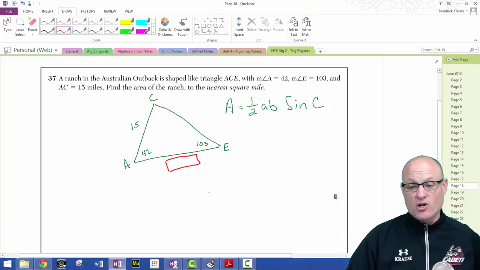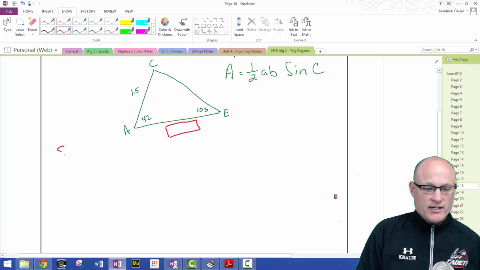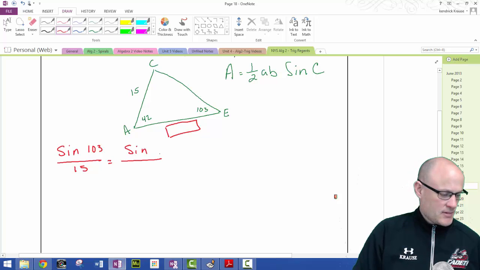And I'm going to use the law of sines to do that. So sine of 103 over 15 is equal to the sine of 35